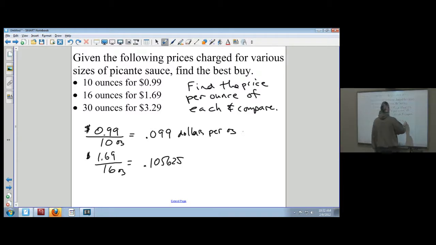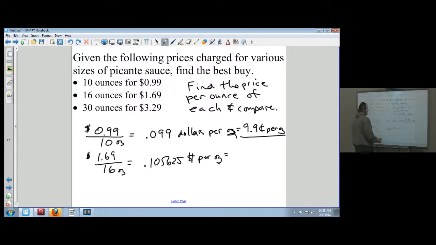Moving the decimal over, it's 10.6 approximately